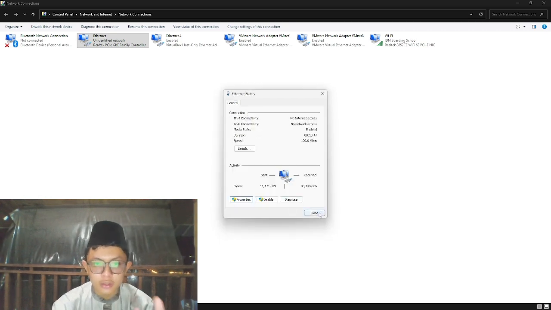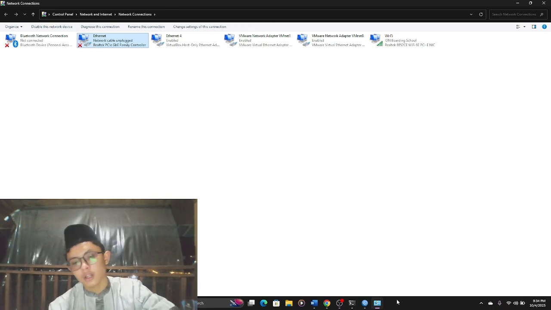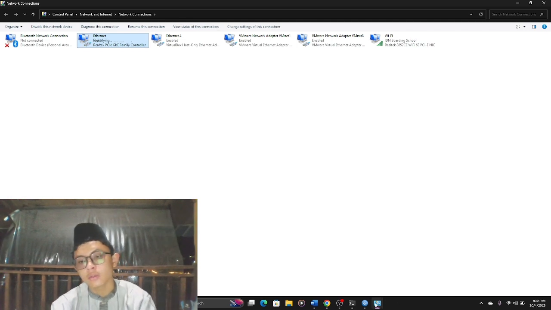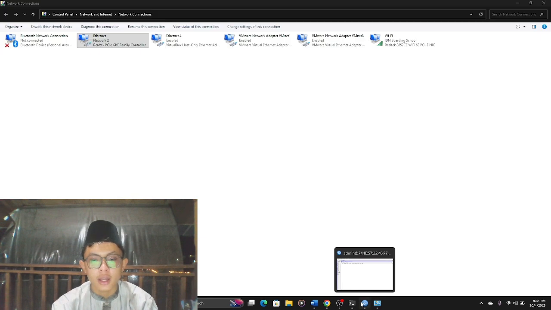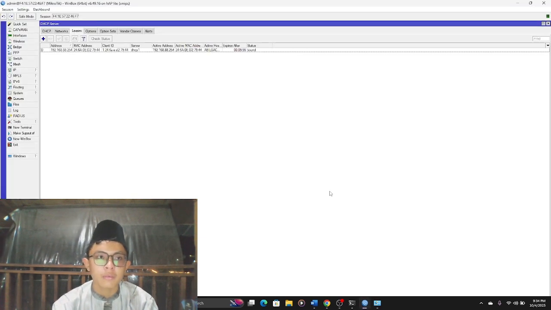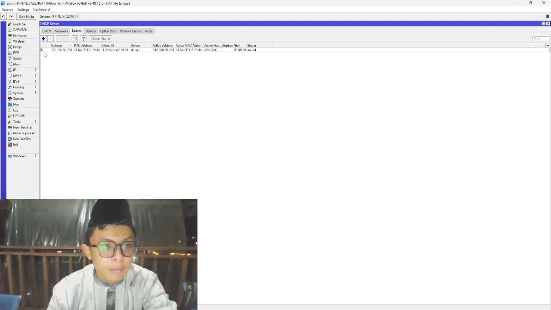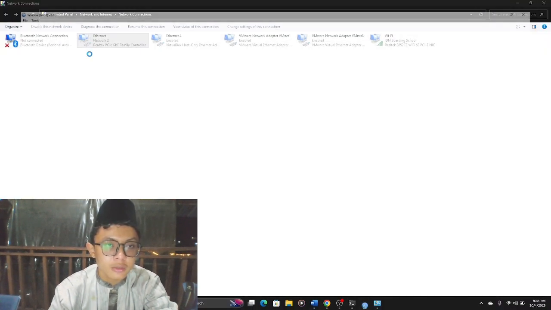Okay, if it is already like that, you can unplug and plug the LAN cable to request the IP address. Bam, and then you can see on the lease list the MAC address of our laptop. This is my laptop, and it already got a dynamic IP address from our DHCP server on interface Ether2.